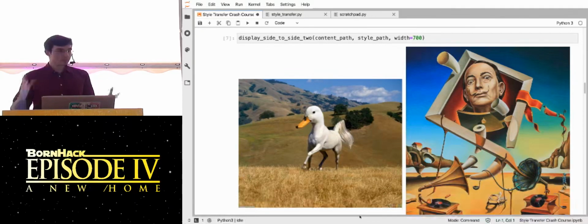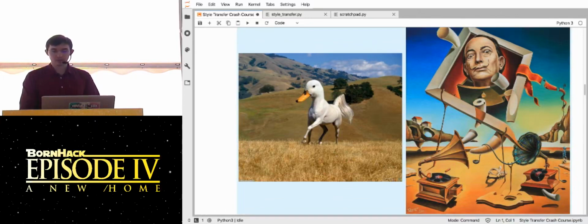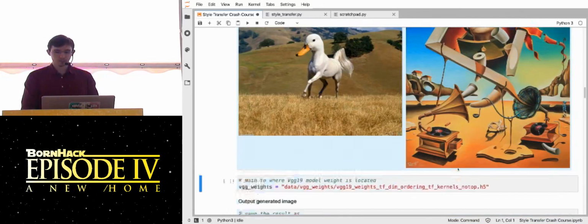What we're going to be doing is trying to make this image on your left take the style of the Salvador Dali image. And you can see there is a style to Salvador Dali. It's very highly saturated. There's great contrast between colors. There's edges between objects, but the gradients are very smooth in this image.